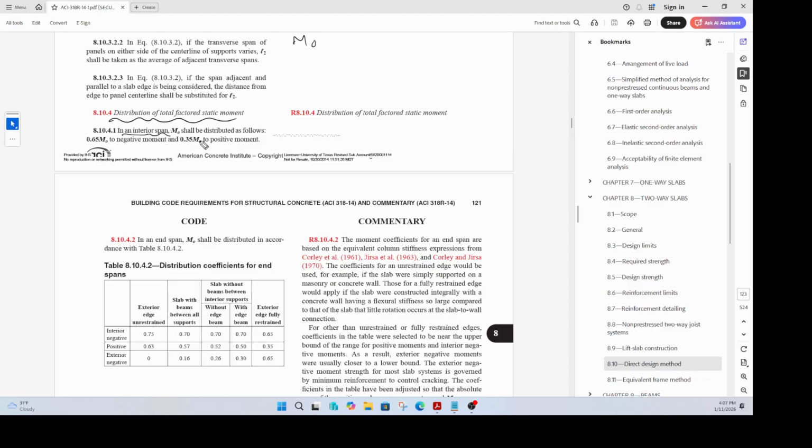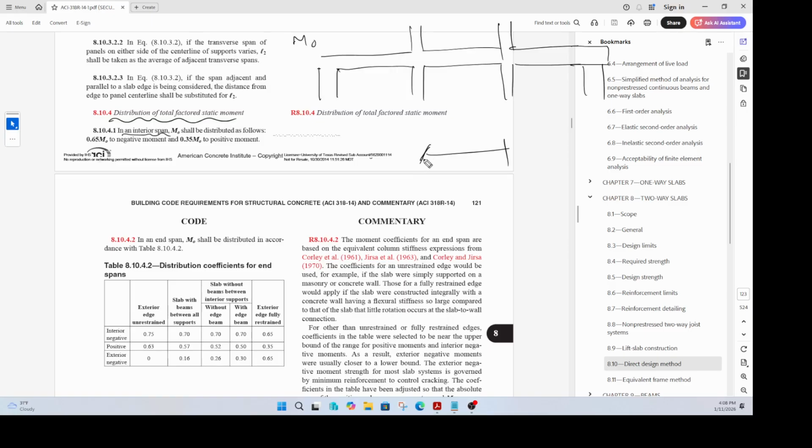If you are looking at an interior span, let's say you have a slab like that, right? You have a column here, the slab continues, a column here, a column there, and maybe this is sitting on a beam like that. So the interior span is this span. An interior span is as good as a fixed beam, so this can be idealized as a fixed beam. That's why the code says you take your M naught,